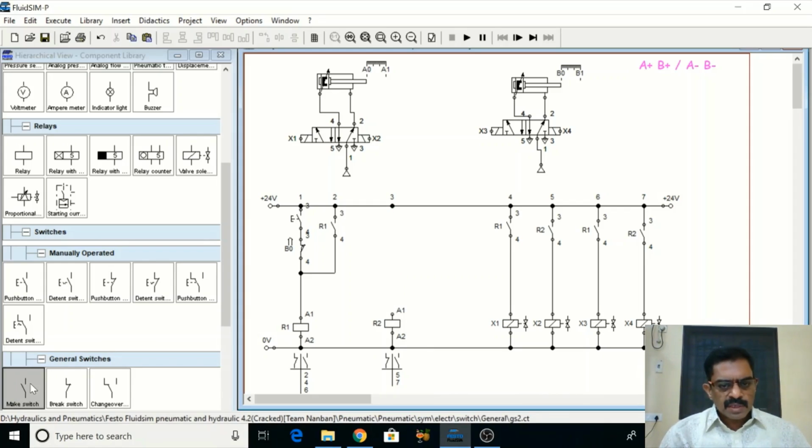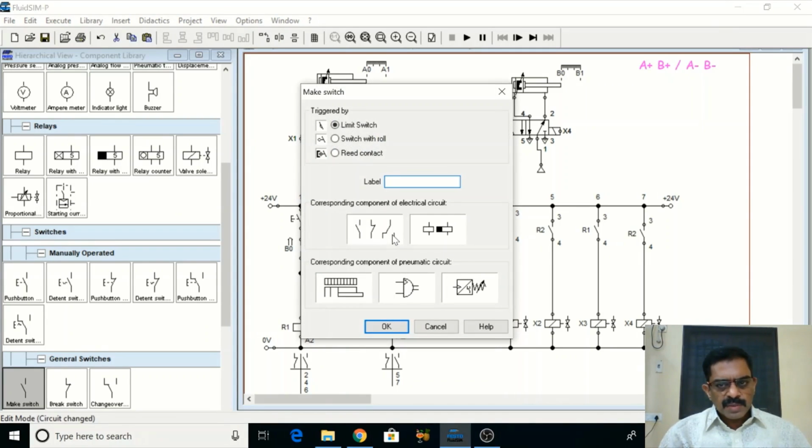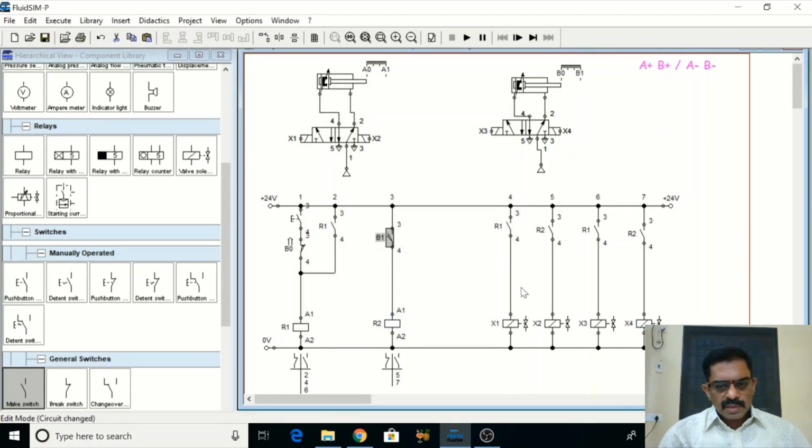So B plus should be an open contact. So this is going to actuate the second group. So this is my B1, and then I can latch R2 also.